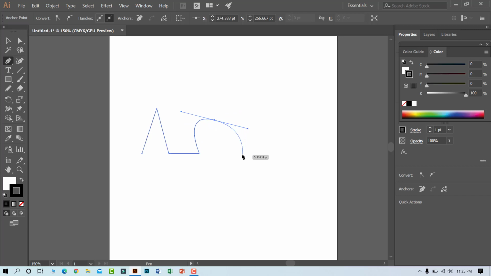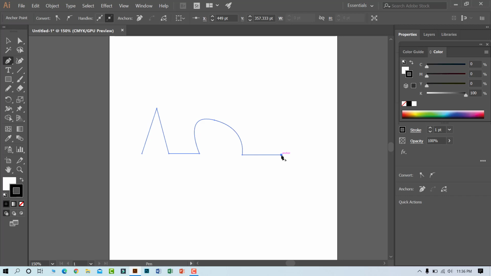And then click down below and release the pressure of the mouse, and then click right and release the pressure of the mouse,